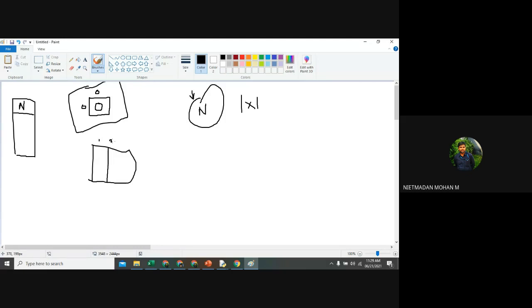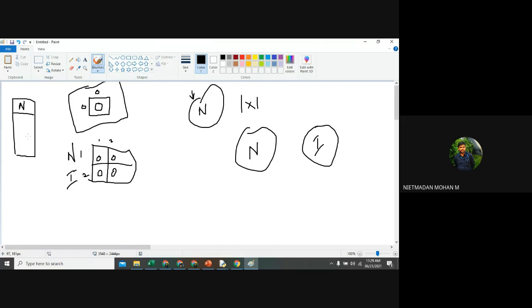1, 2, 1 and 2, right? So it will be 0 and 0 and 0 and 0. Am I right? We have not added any edge. Yes, sir. We have added only 2 vertices, that is n and I. So this will be represented as n and this will be represented as I.